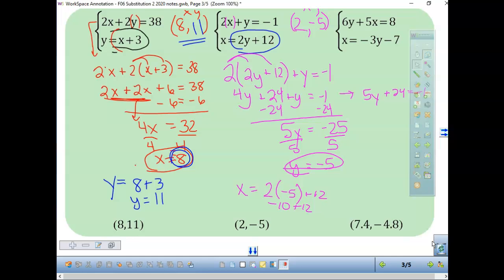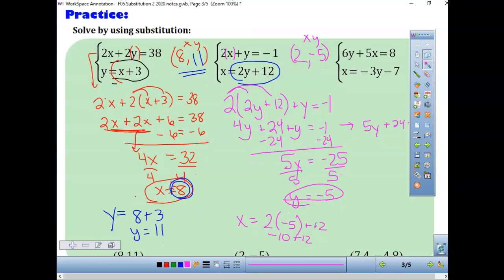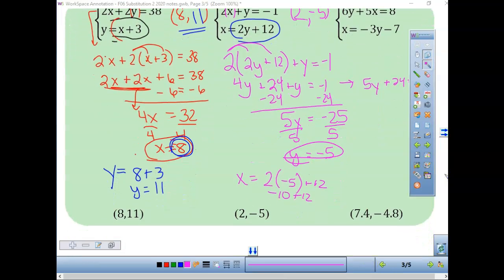You are going to see tonight on the F6 a few more no solutions and infinitely many. But what you are looking at today is what I need. All right. What you do need to do today is I'm going to tell you on the F6. So everyone has to finish F5. On your notebook paper, any of the other ones you haven't done, if you did everything on your workbook, you're going to